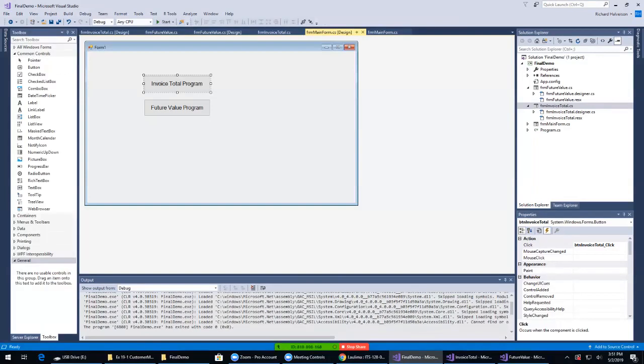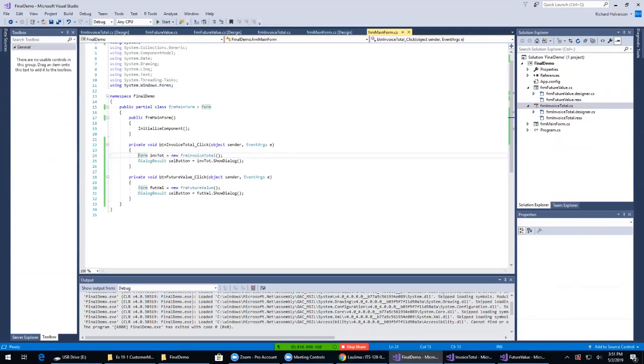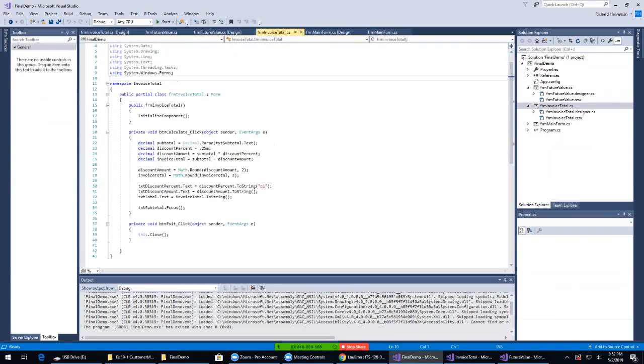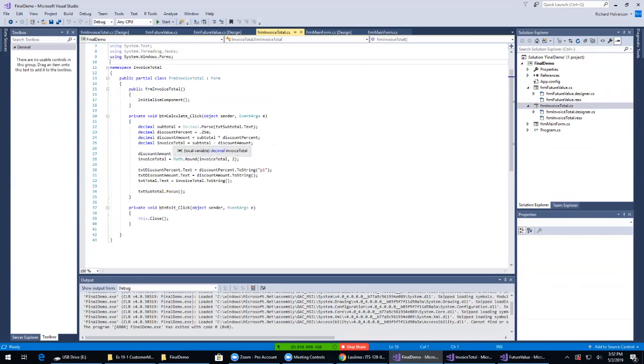One final thing that you can do, you'll notice when we run this Invoice Total program here, that we do some calculations. We calculate this invoice total. Let's say we want to pass back some information from the form. Let's say the form does some stuff and then wants to pass back some information to the form that called it. And so the way we can do that is,